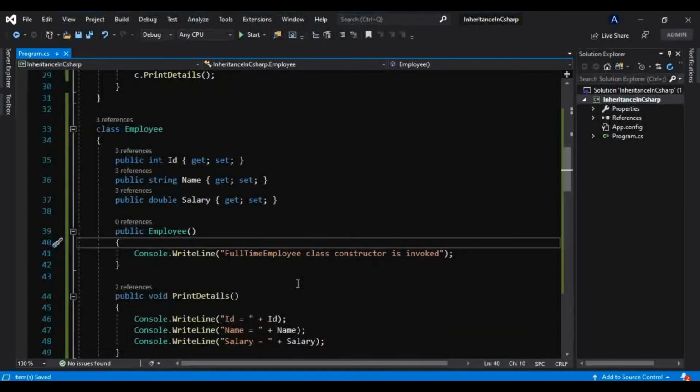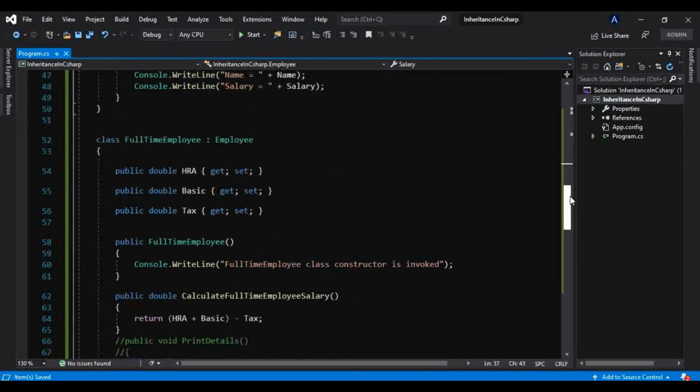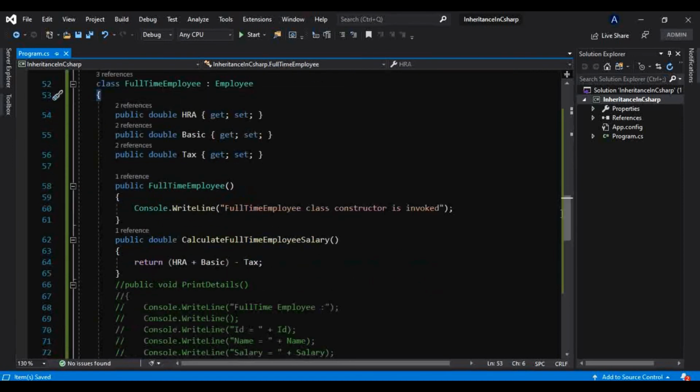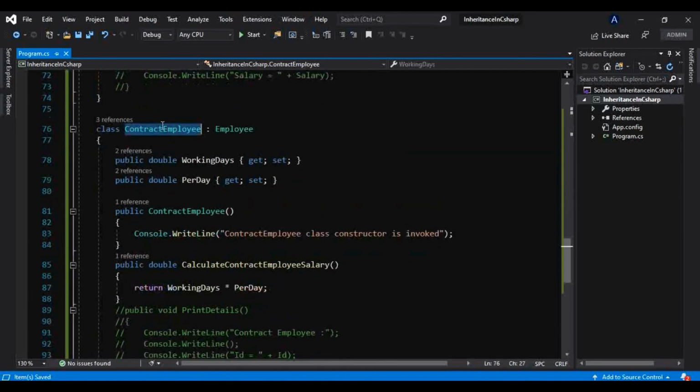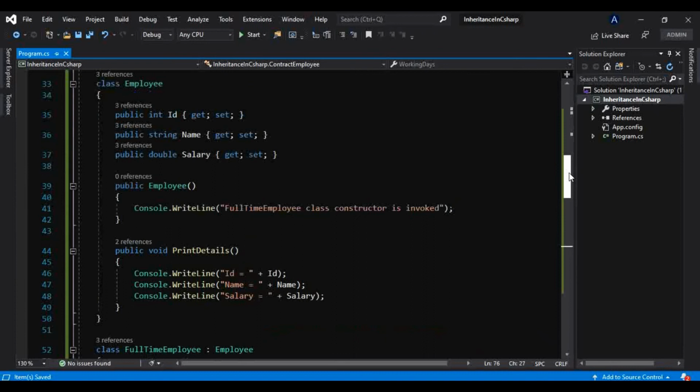Now we know we have these common properties, and they are getting used in the full-time employee as well as the contract employee. So there is reusability of that code. That's the advantage inheritance gives us, as well as code readability. This code is more readable.